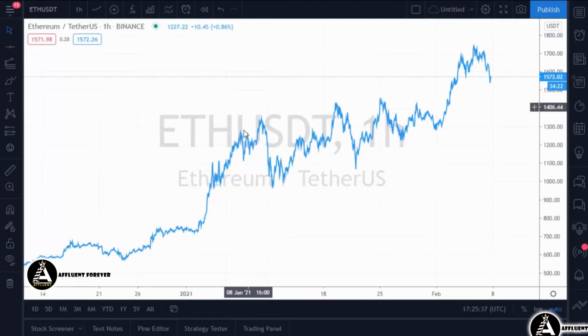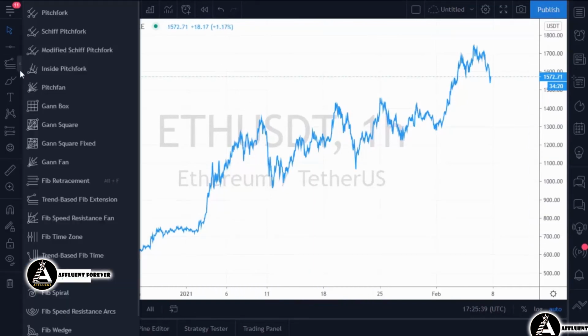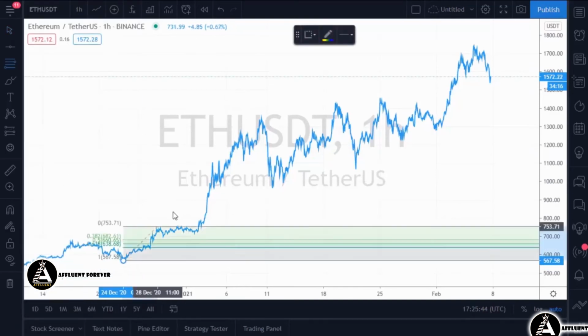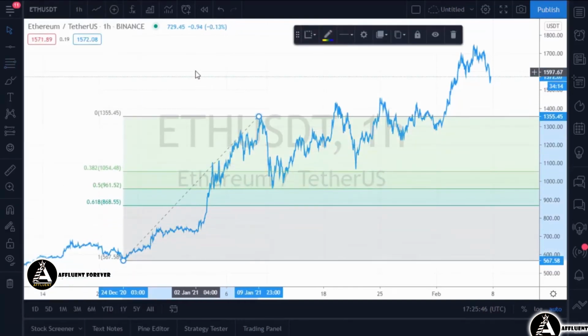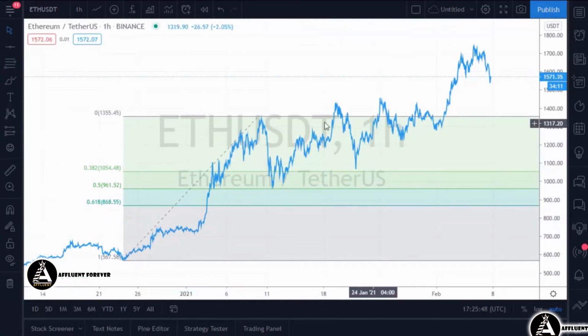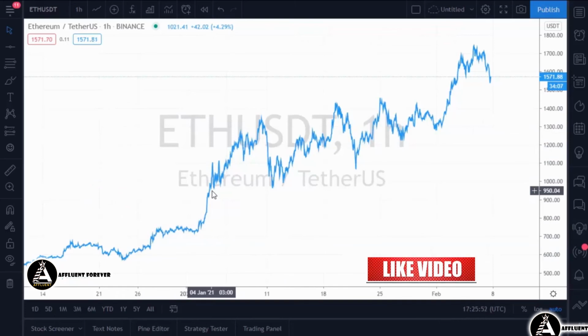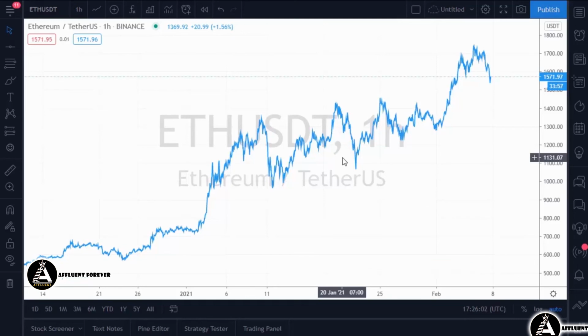You just have to make sure you're using swing highs and swing lows. Like I said, you just take the swing low in the case of an uptrend to the swing high and click it there. And you can see it'll lay it out for you. And remember, there are other levels, but I broke it down to the three that matter by far the most. Once you start talking about like the 23 and 78, it's a little esoteric. Typically what happens